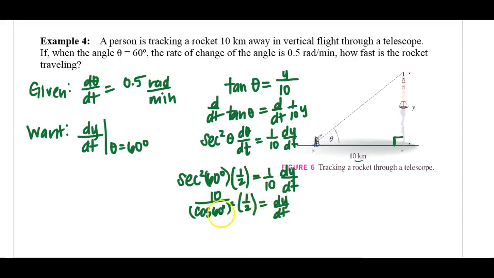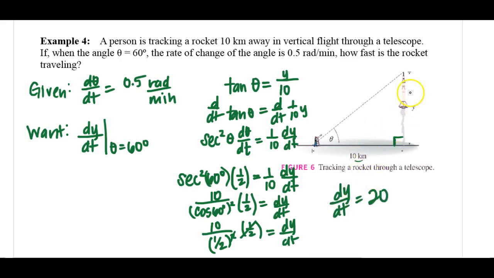The rest is a matter of simplifying. So this is 10 over cosine of 60 degrees, which is cosine of pi over 3, is 1/2, squared, and then this is times 1/2, and this is dy dt. So 1/2 squared times 1/2. One of the 1/2s will cancel, so it's like 10 divided by 1/2, which is 10 times 2 over 1, so this quantity is 20. So dy dt equals 20, and my units are going to have to be